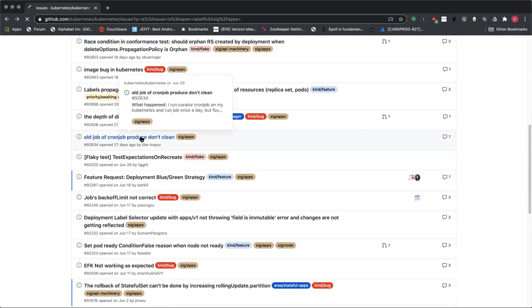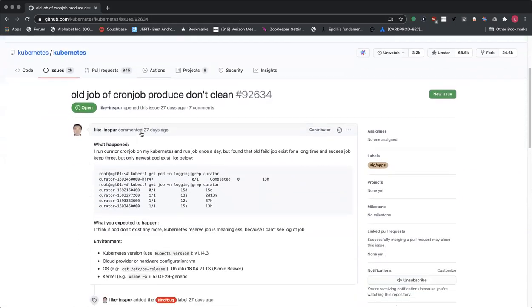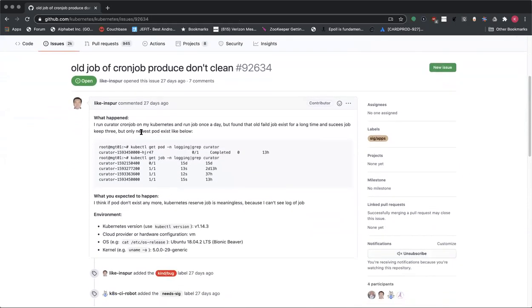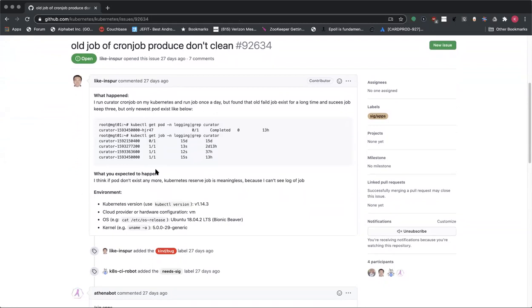Old job of cron job, produce, don't clean. This looks like works as intended.